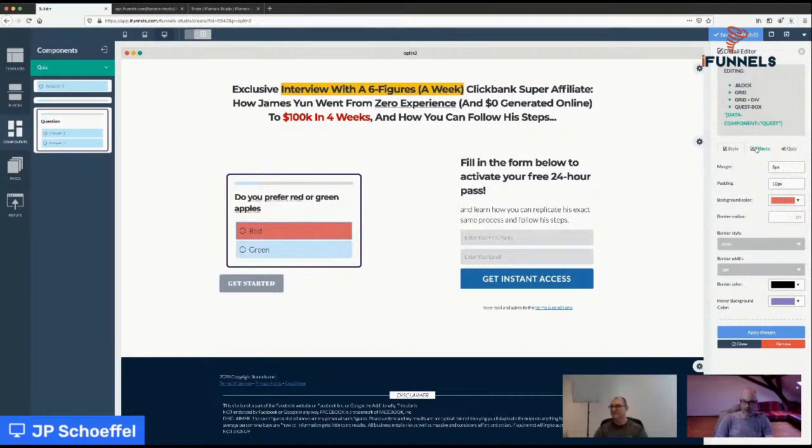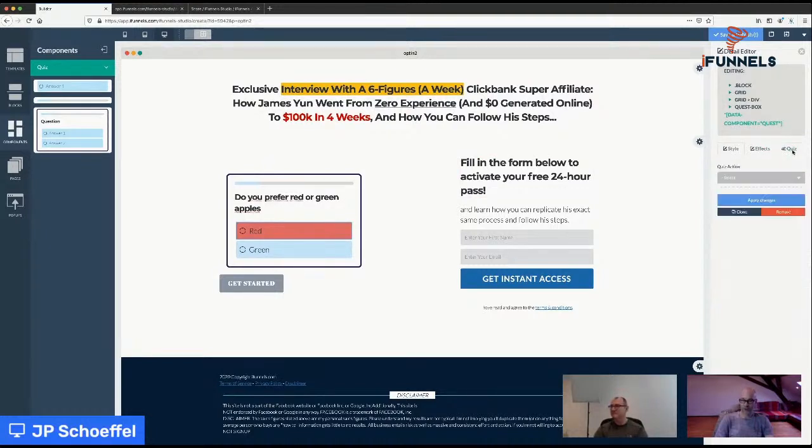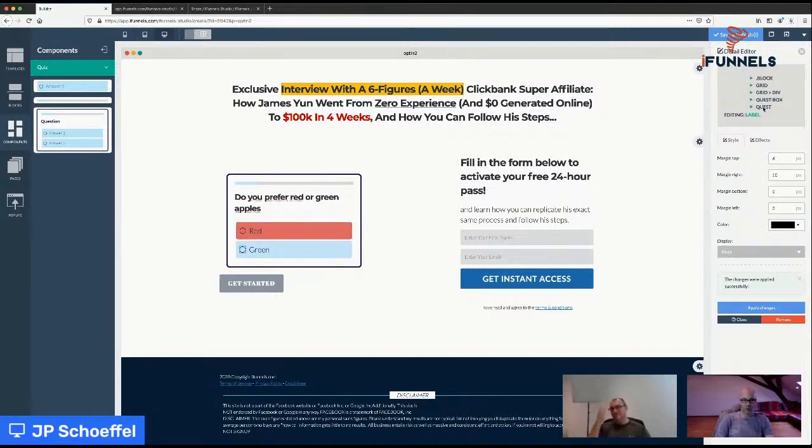And here, whenever you select an answer, you will get quiz options appearing. And you will just tell the engine what to do whenever someone picks red. And you can do the same basically with all your answers. You can say, okay, I can just go to the next question, which in this quiz is the second one. Or I can go to any other question I want. So let's say I just want that. And then whenever someone says green,